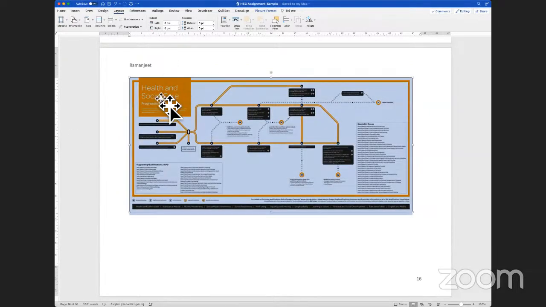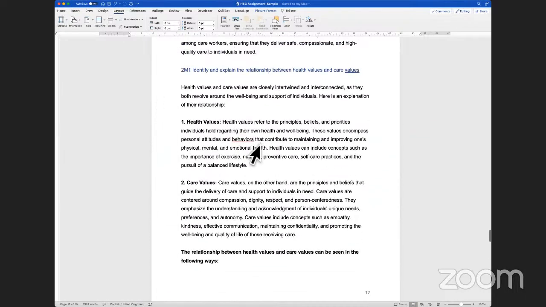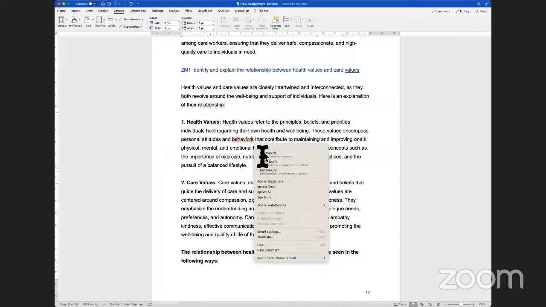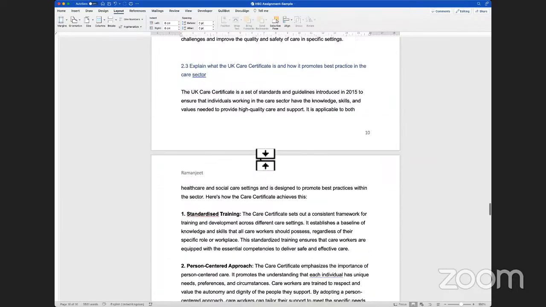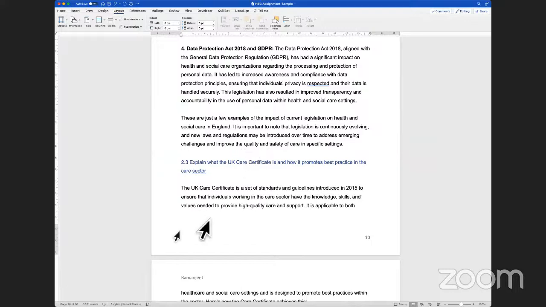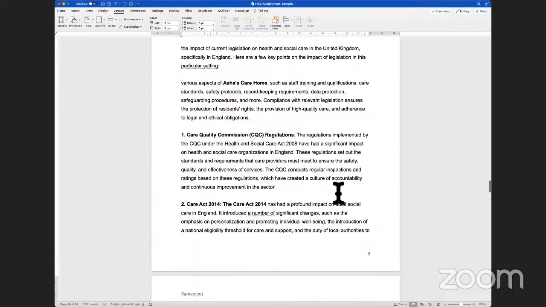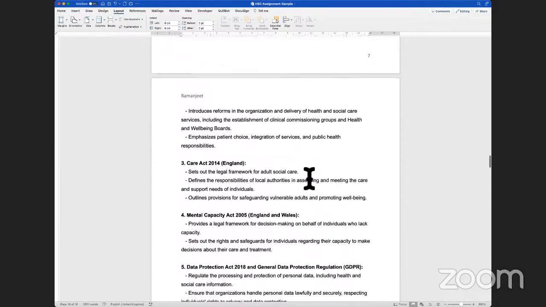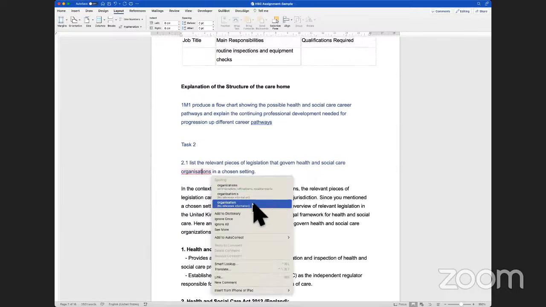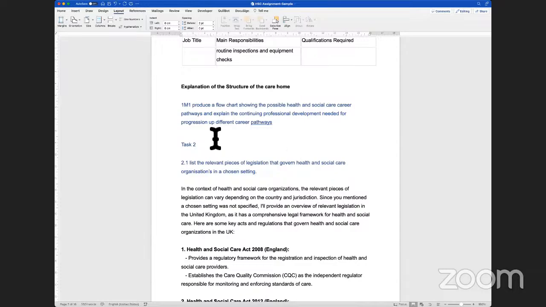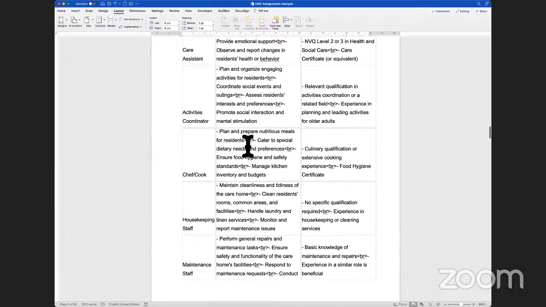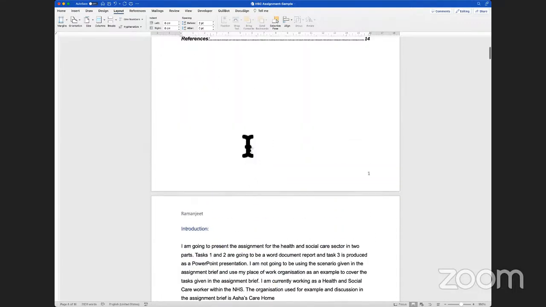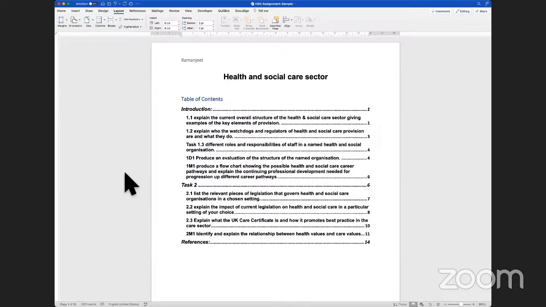Now, one part which I want to show is when you look at doing referencing. If you see some parts, I'm also correcting. I'm spell checking my document as well. Before I submit, I need to make sure I'm using UK English. My Word document is basically set up as US English. I need to change it to UK English, and that is why it is flagging me the errors which are coming up in the spelling or the grammar side of things. So changing my English to UK English is important, and you need to spell check your document before you submit your assignment. So this helps us complete the major part of the assignment for this particular unit, which is task 1